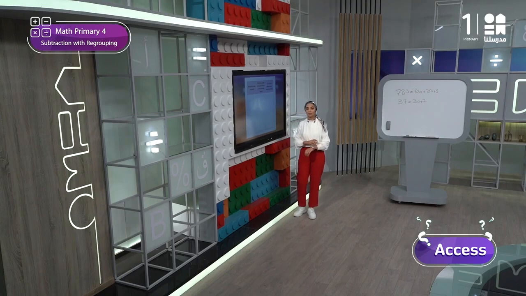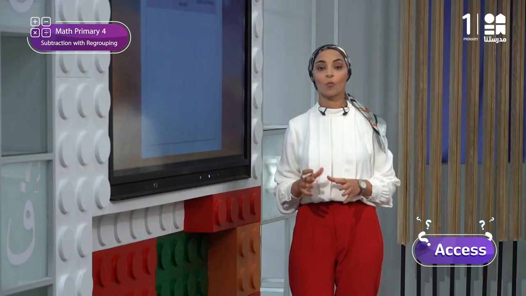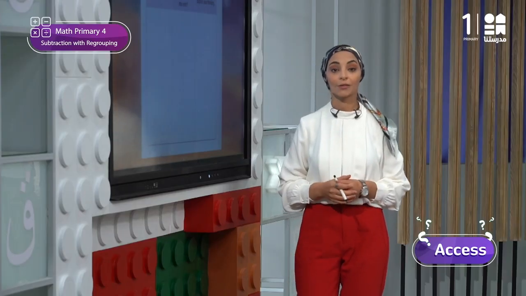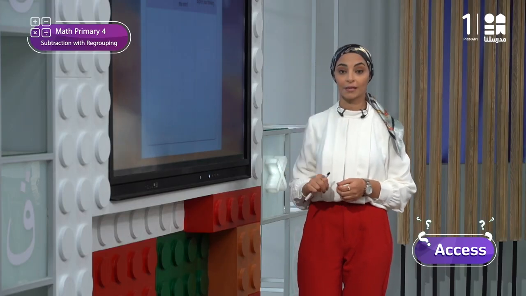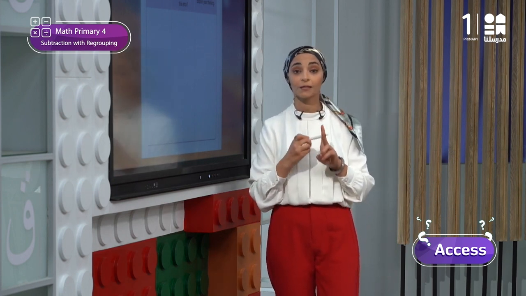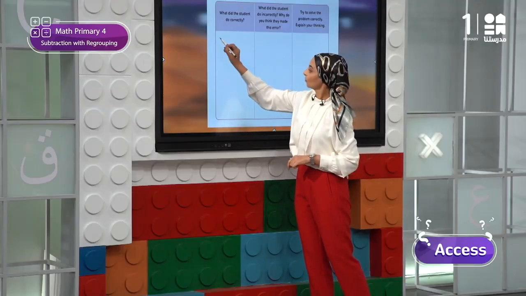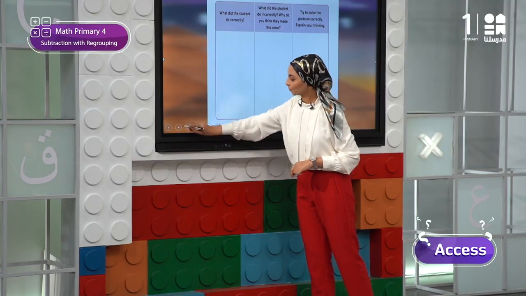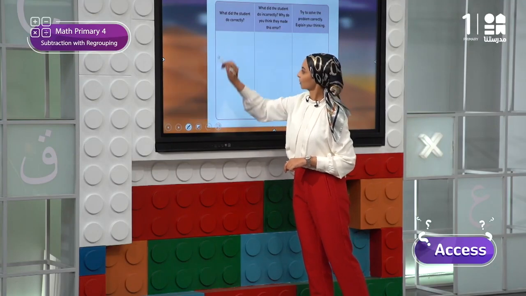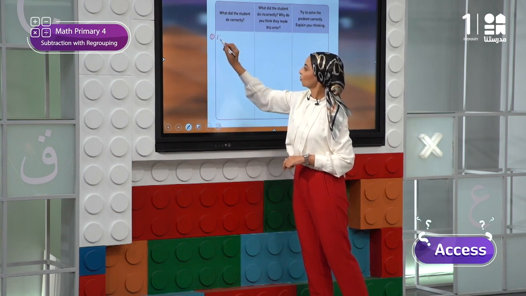Now that you have analyzed the answer in your book, what was correct in this answer? I think he did two things correctly. What are they? The first thing he did correctly was breaking the numbers into correct expanded form. He wrote the numbers in the right expanded form. What did he do? He wrote 500. Yes. So the first thing he wrote